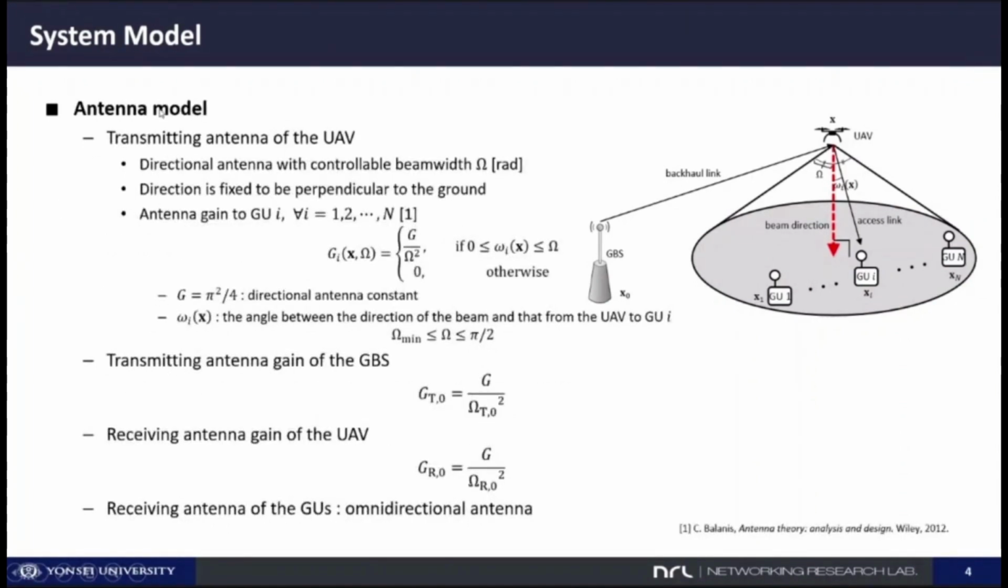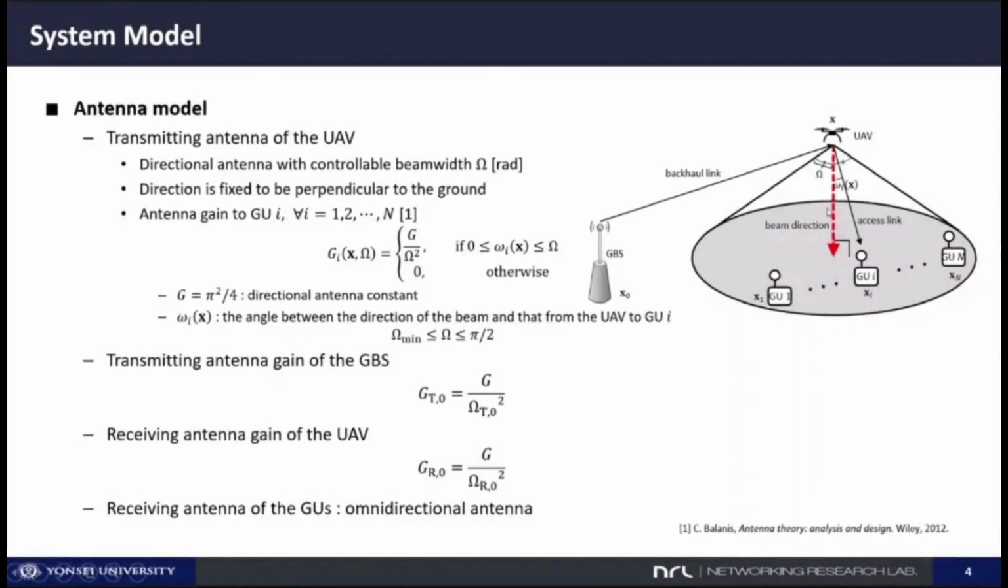Next, we present the antenna model of the system. The UAV is equipped with a directional antenna for transmitting, and the directional antenna has a controllable beam width omega radian. And we assume that the direction is fixed to be perpendicular to the ground. So this red arrow